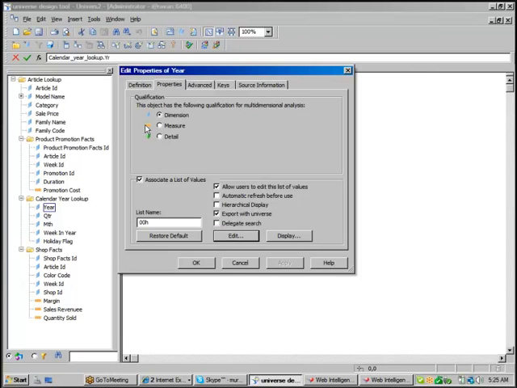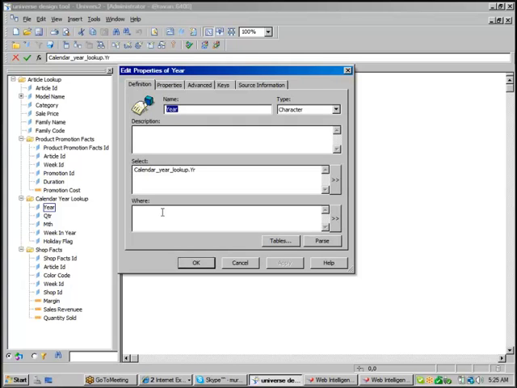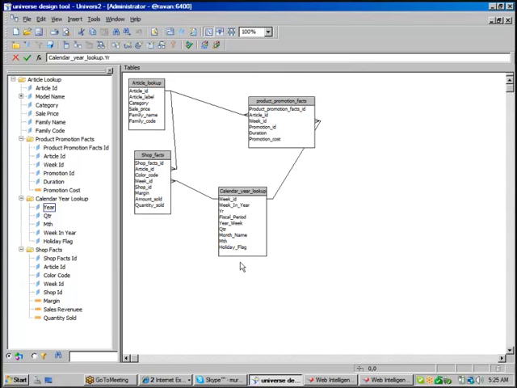Then that selection will pass as a where condition for the definition tab. This query will fire on the database, and you will get results with that where condition. That's the way you can control LOVs.